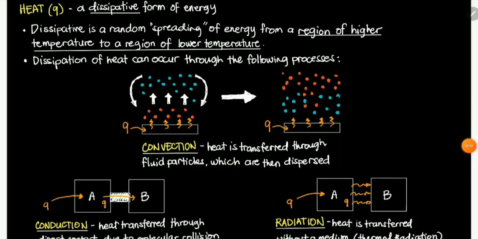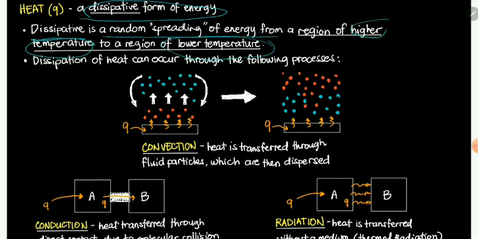Okay? So now let's discuss the nature of heat and work. So ano ba yung heat and work sa thermodynamics? Okay? So let's discuss heat muna. So heat is a dissipative form of energy. So dissipative means it is a random spreading of energy from a region of higher temperature, okay, to a region